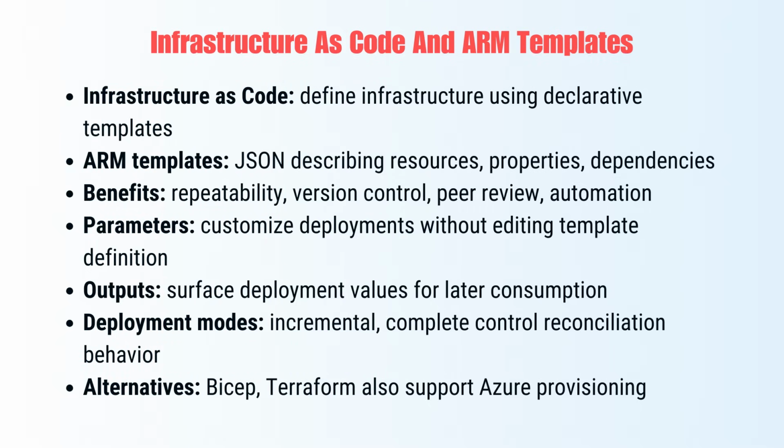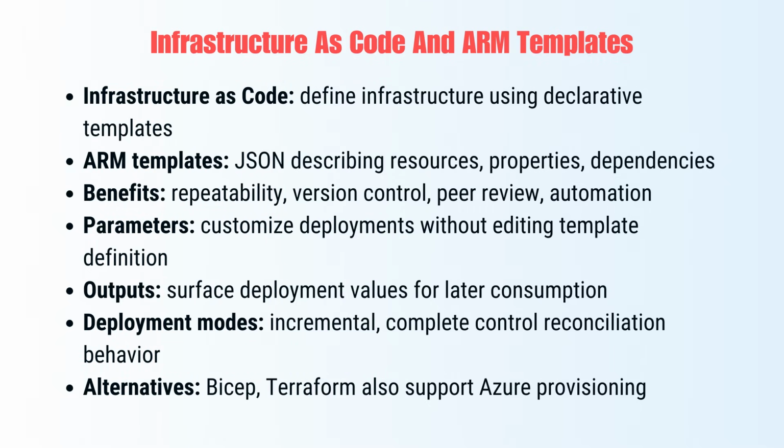Infrastructure as code, IaC, is a key modern practice where you describe infrastructure in files instead of clicking through GUIs. This brings the benefits of software development, version control, repeatability, code review to your infrastructure. In Azure, the foundational IaC technology is the Azure Resource Manager, ARM. ARM templates are JSON files that describe the resources you want: virtual networks, VMs, storage accounts, app services, and their